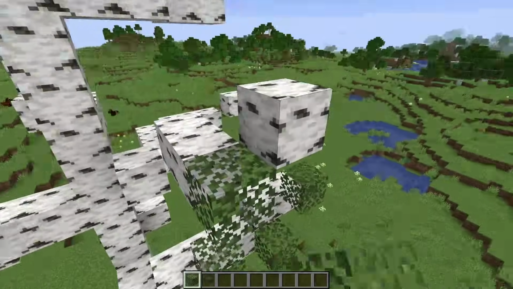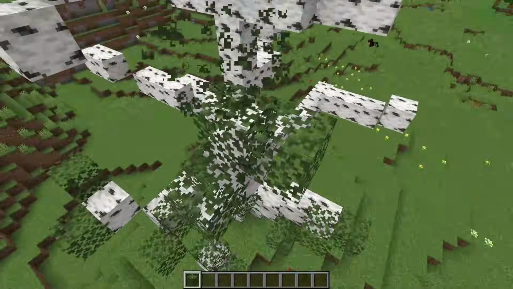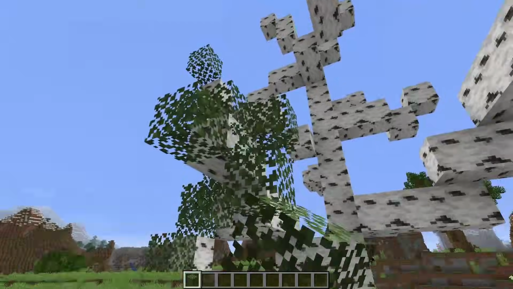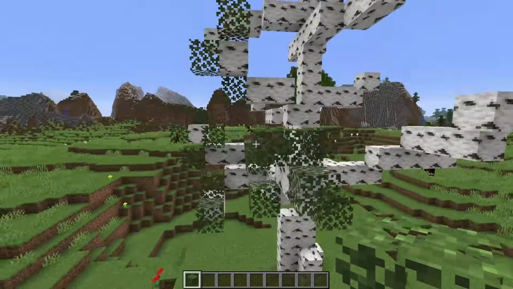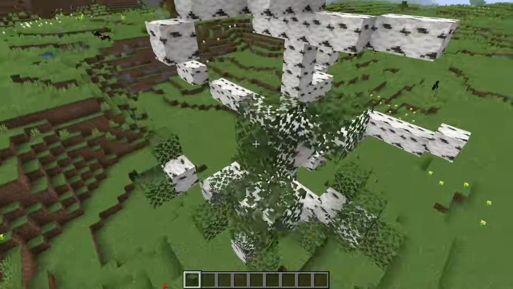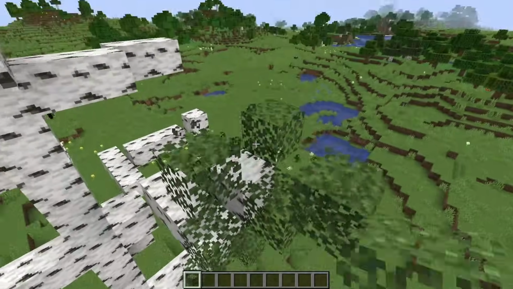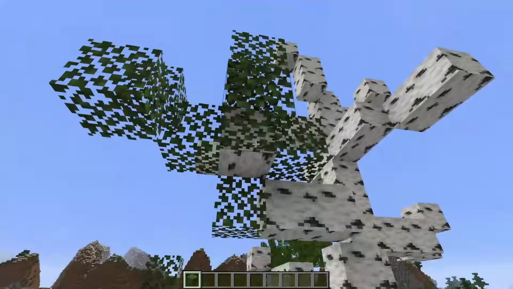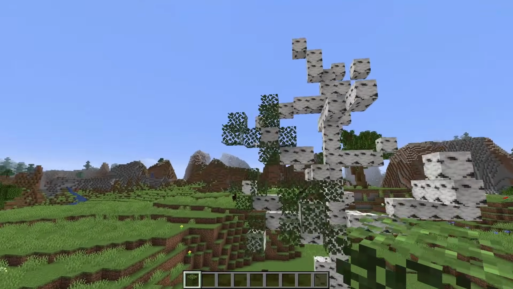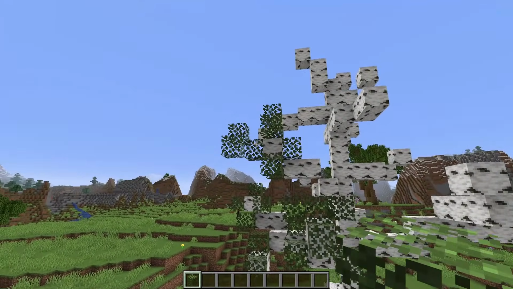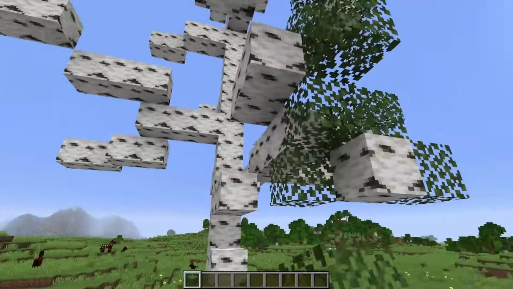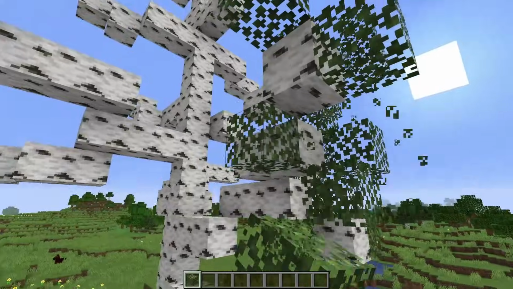Again, you can use the method of going in very thick at first, but I kind of like when I'm in creative mode and flying around, having the control over exactly where I'm placing everything. Once I have all of the ones in close to the branch, then I can come in and fluff that up a little bit and add lots of ones all around that are kind of a little floating away from the branch. You kind of get the illusion that there might be twigs out here that you can't see. And I really like that effect, so I'm gonna go ahead now and try to get these leaves all in place.